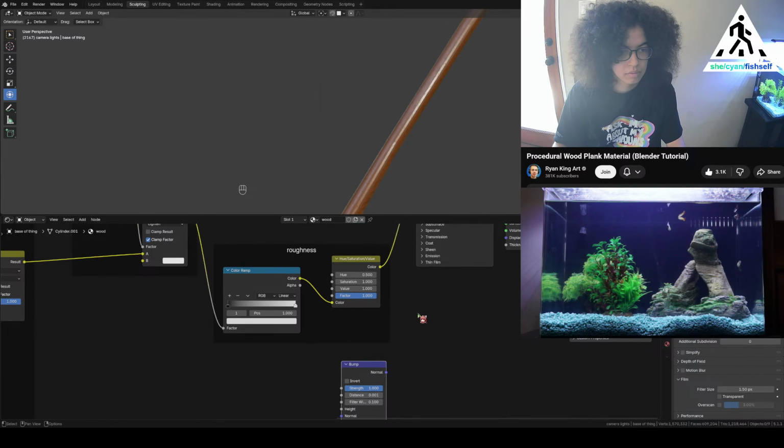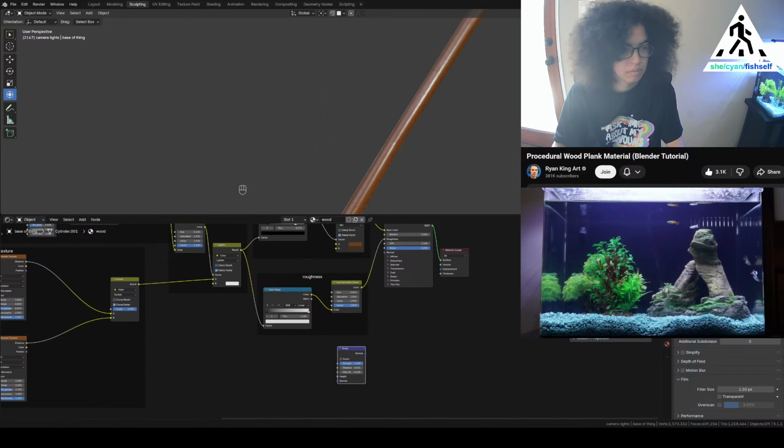So right here, if I control shift and select this darken, you can see this is the wood. And so I want to take this darken result, and I'm going to put this into the height value of the bump to convert it to bump data. And then the bump normal, that can go into the normal right here, the principled shader, and I can